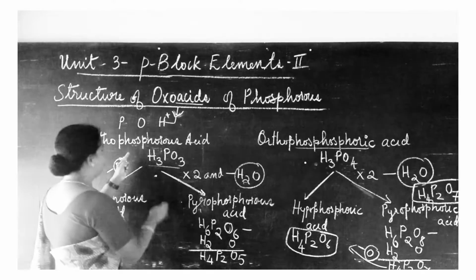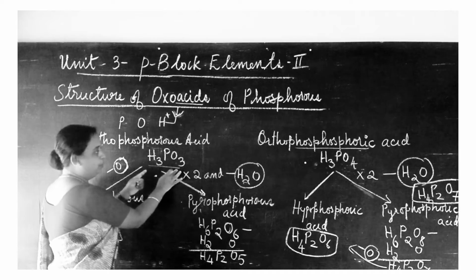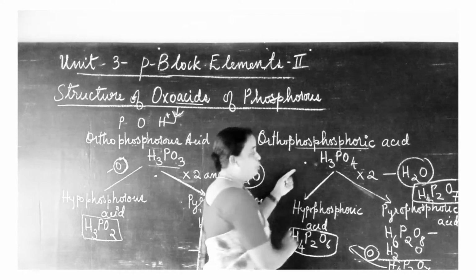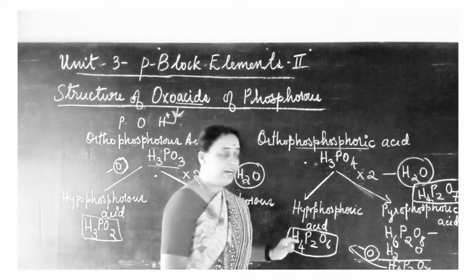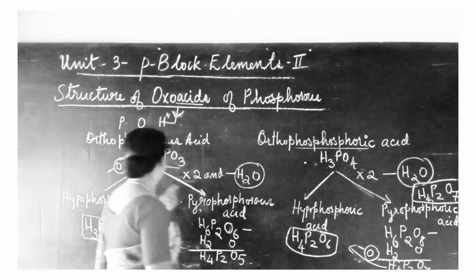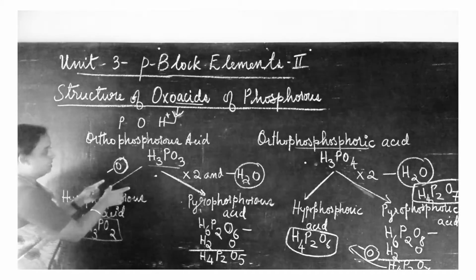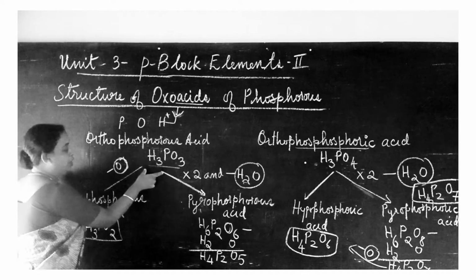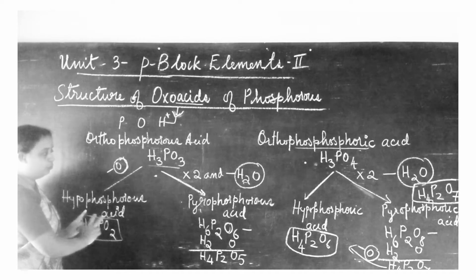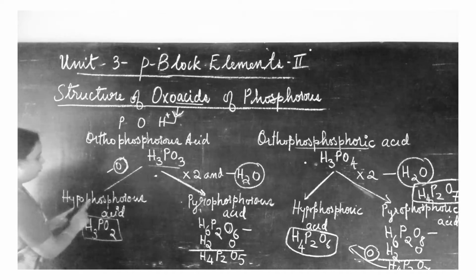Okay, so orthophosphorous acid, the formula is H3PO3, and orthophosphoric acid, the formula is H3PO4. So if you keep these two formulas in your mind, the remaining oxoacid formulas you can write easily. Now, based on orthophosphorous acid, there are another two categories of phosphorous acid,